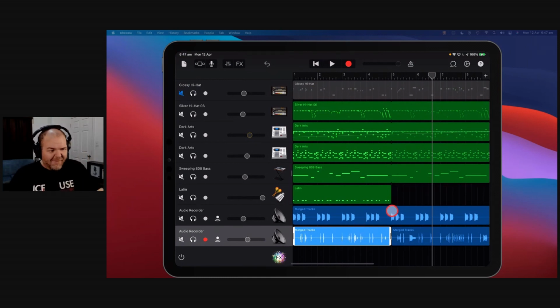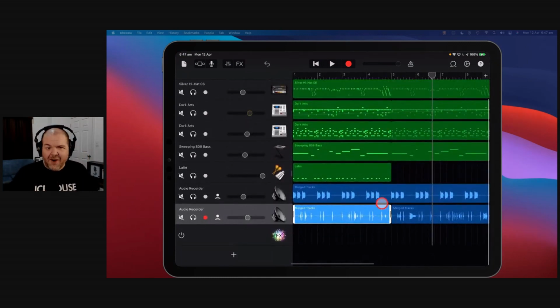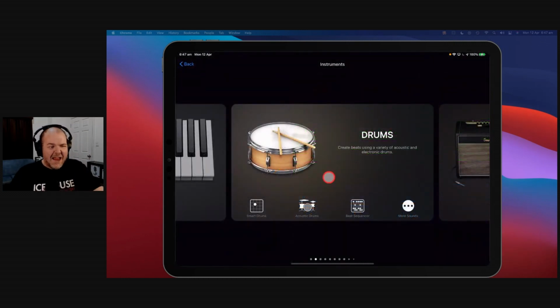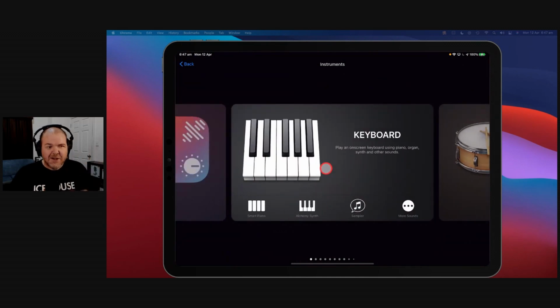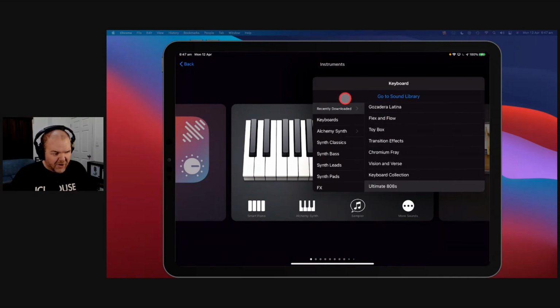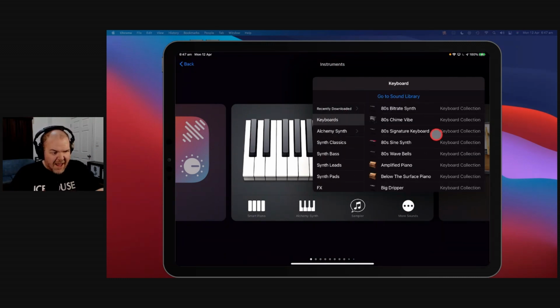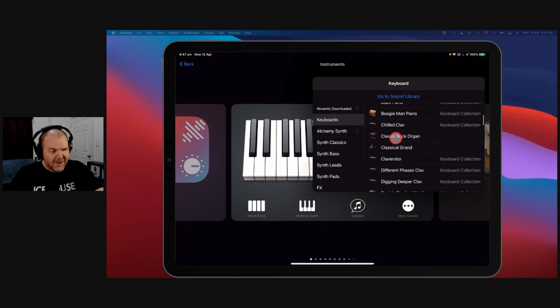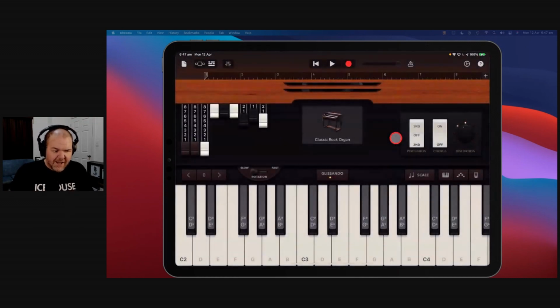Tip number 4, and this is our autoplay feature. Now wait, before you poo-poo autoplay, have you played around with it lately, and do you know everything it can do? Let's explain. So if we go to plus here, if we go to our keyboard instruments, especially our more generic original keyboard instruments, so let's go to more sounds, and we'll go back to our main category, we'll go to our keyboards here. Let's go into our, say, classic rock organ, because this one definitely has some cool tones. So your rock organ here,